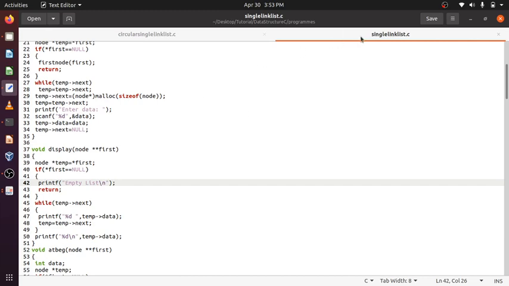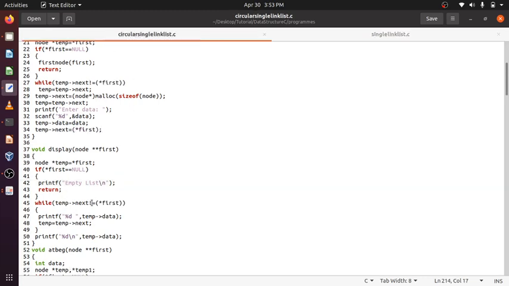In single, we iterate till temp next not equal to null. Here it will be temp next not equal to first. It is going to iterate till it reaches first. Temp will contain the first element.